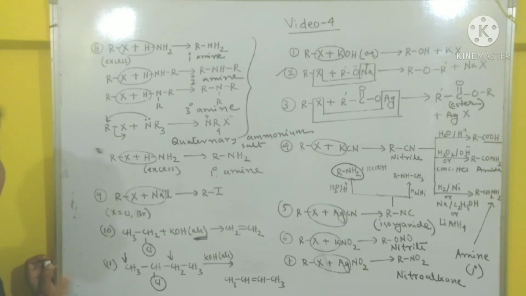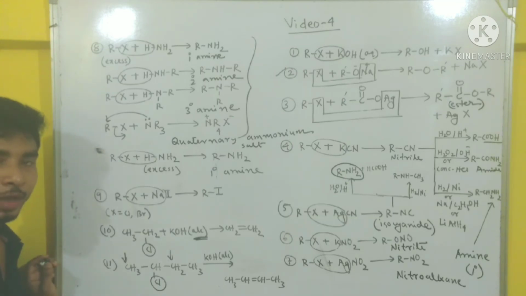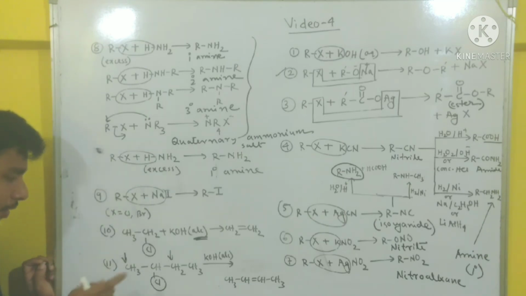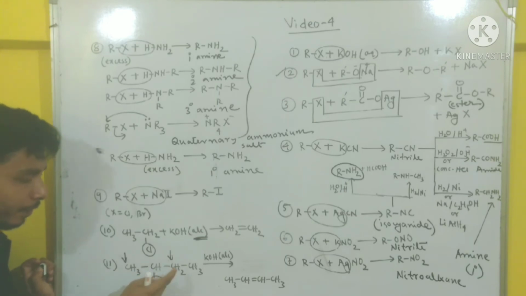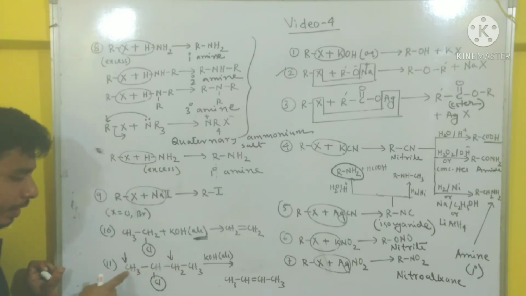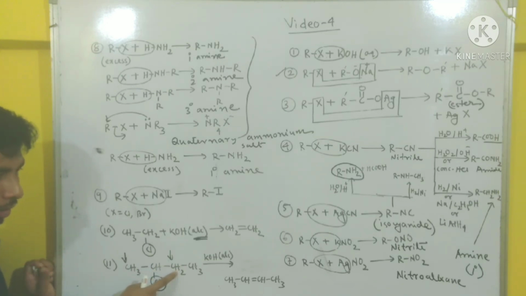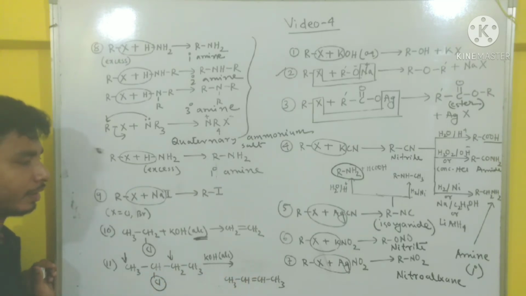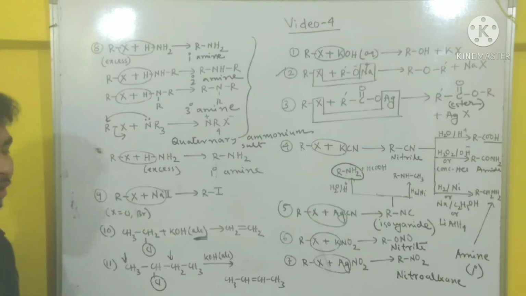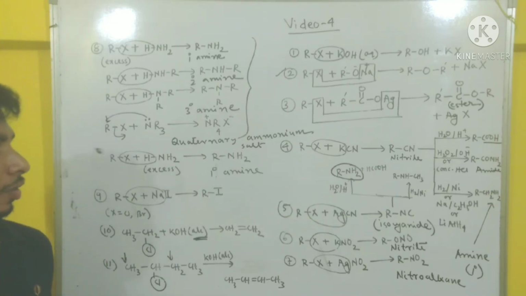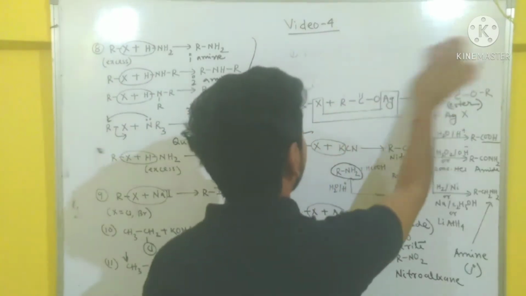If there are 2 alpha carbons, meaning adjacent carbons, then hydrogen is removed from the carbon which carries the lesser number of hydrogens. One carbon carries 3 hydrogen, the other 2 hydrogen. Now hydrogen has to be removed from this carbon atom. That is CH3CH=CH, one hydrogen has to be removed, then CH3. So this is about the elimination reactions. Now another 2 reactions are remaining, and those 2 reactions are reactions with metals.